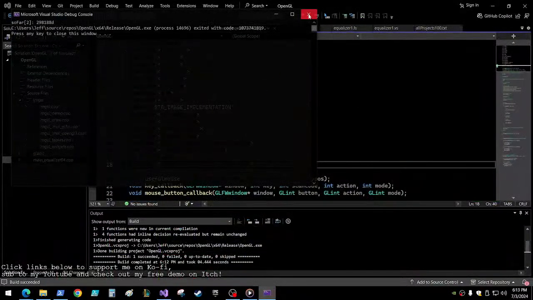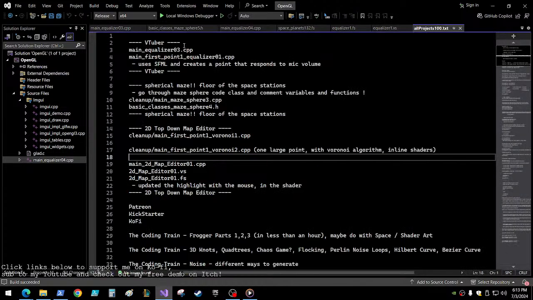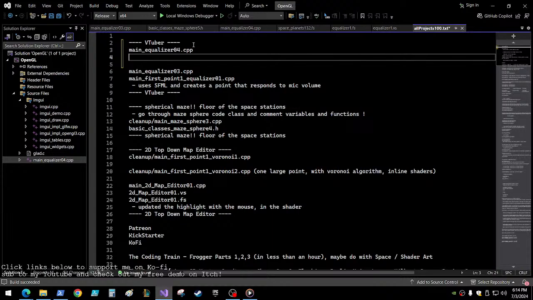So many things to do with this particular demo, I think. So, alright, so main equalizer 4. Let's go to all projects. Vtuber. Okay, so we're going to update this one. Main equalizer 4. We're also using basic classes maze sphere 5. Okay, and then the other one was